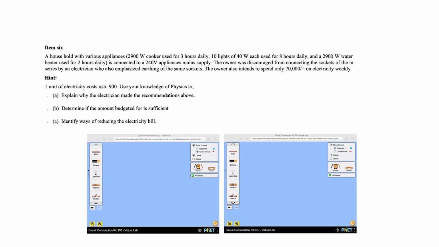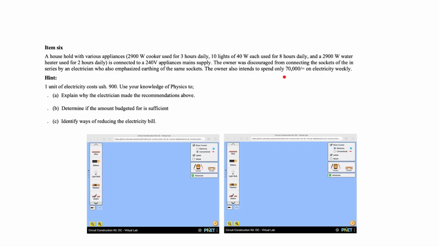Let us look at our last item, that is item 6. A household with various appliances. These are the appliances. We have a 2,900 watts cooker used for 3 hours daily. It has got 10 lights of 40 watts used for 8 hours daily,